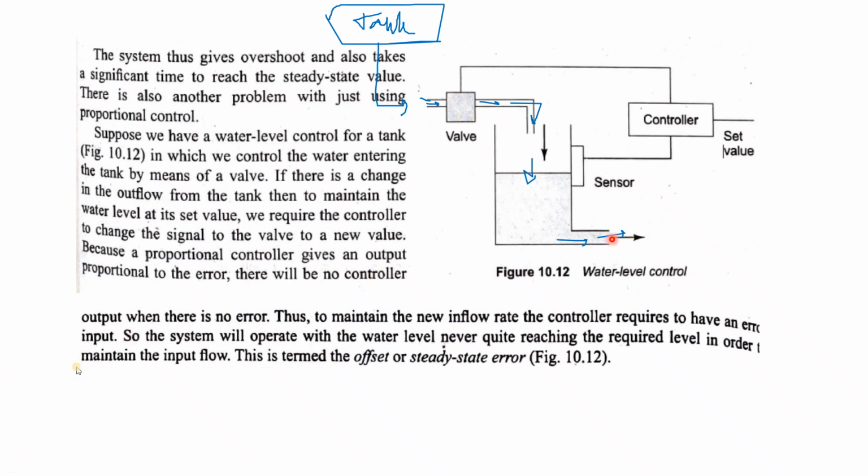Now, there is a continuous process. At the bottom, this particular outlet is open, and the water is getting collected by the consumer. In order to maintain the water level, there is a sensor. The sensor senses that the water level has dropped from a desired value, so it will give the signal to the controller. The controller will take the necessary actions and open the valve according to how much the water has dropped. That means if the water level has dropped 20%, the valve will open 20%.